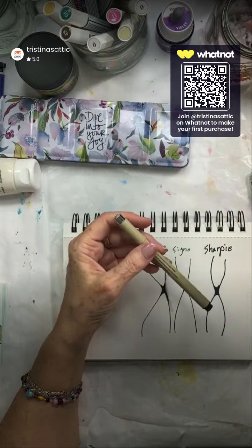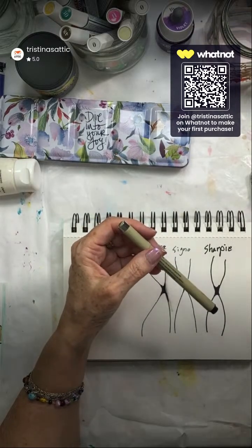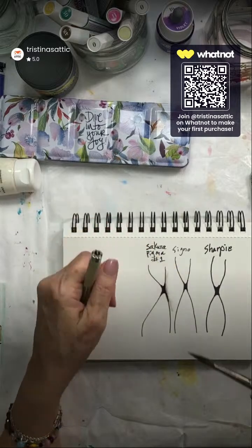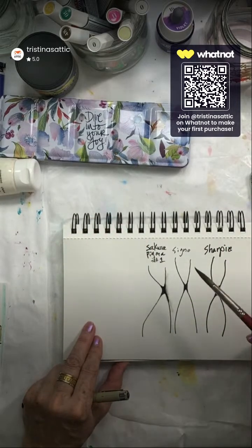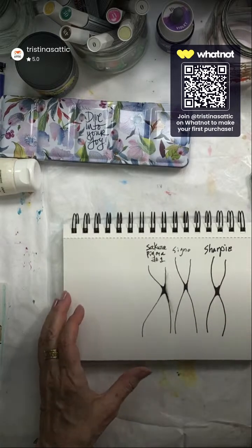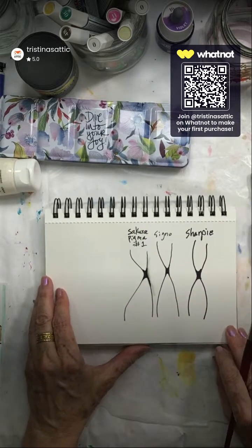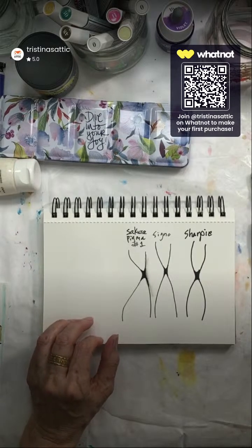Let's see. Mark V says, I bought the Sakura 12 pack on Amazon. They're nice for ink and wash. Yeah, exactly. Because you can put watercolor over them. You can just put water over them while they're fresh and you'll get a bleed, which is awesome. Okay, so that was the Pigma. Let's do